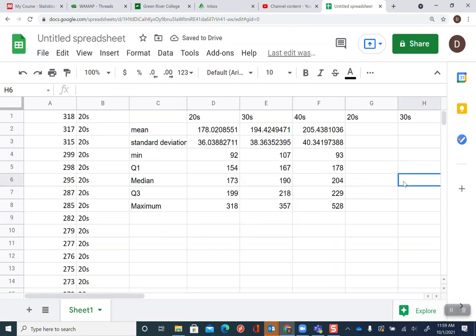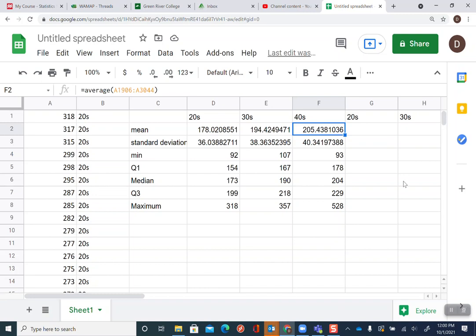All right. But there you've got your 5-number summary for your 3 distributions. I think you can see that the mean is getting larger from each one of those. The mean keeps getting larger. You can see that in the median. The median is also growing larger. The standard deviation, which is a measure of the spread, the variability, stays roughly the same. There's a little bit of an increase, but not as big of an increase as there is in just the mean. The mean is going up roughly 30 points